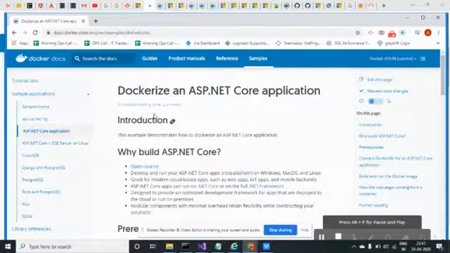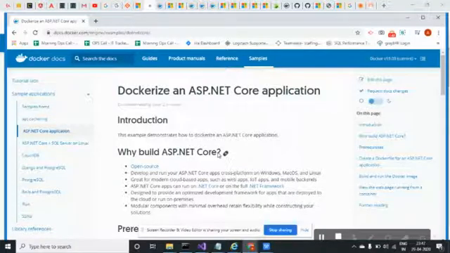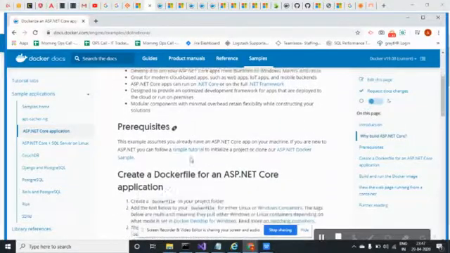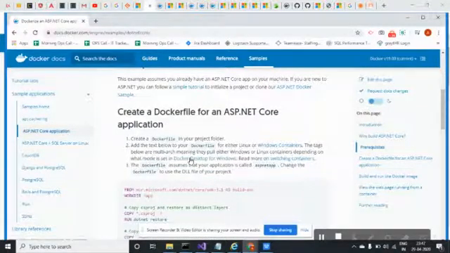If I'm going to host a .NET Core application in a Docker system as a Docker image, then to host an application in a Docker container, you should have a Docker file.